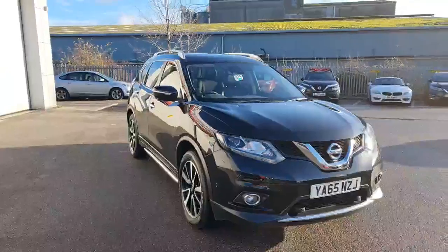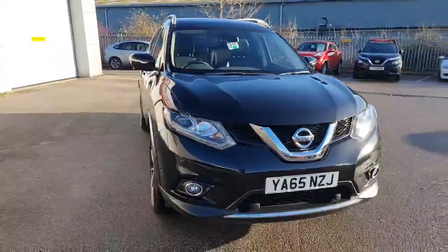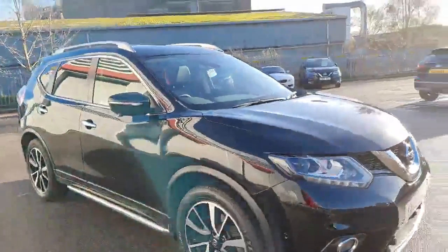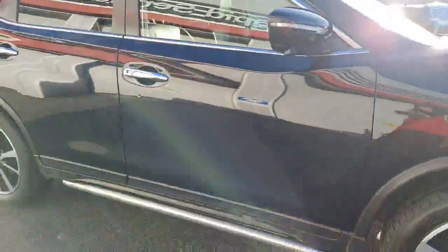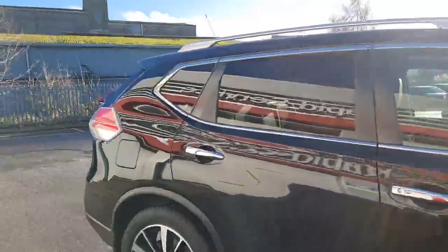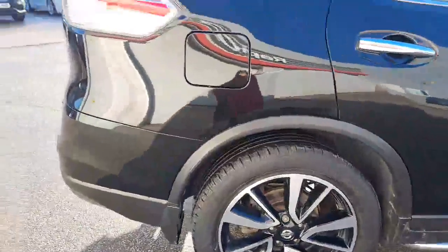So Nissan just popped outside to do you a video of one of our lovely X-Trails that's just come in. This is a TEKNA version, so it does have full leather on the inside. Just starting you round on your wheels, that lovely silver side step as well. Rear driver's side wheel,